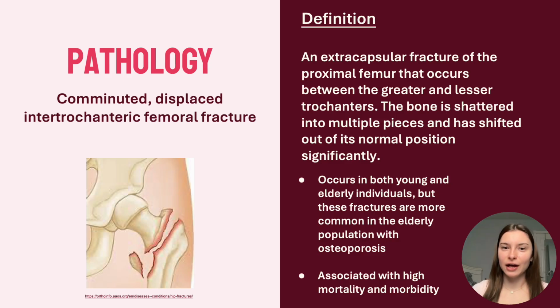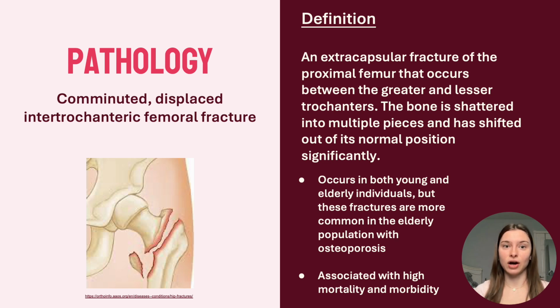So the pathology that I will be talking about is a comminuted displaced intertrochanteric femoral fracture, which is an extracapsular fracture of the proximal femur that occurs between the greater and lesser trochanters. The bone is shattered into multiple pieces and has shifted out of its normal position. And this fracture usually occurs in both young and elderly people. However, it occurs more commonly in the elderly because their bones are more brittle, so when they fall, it's easier